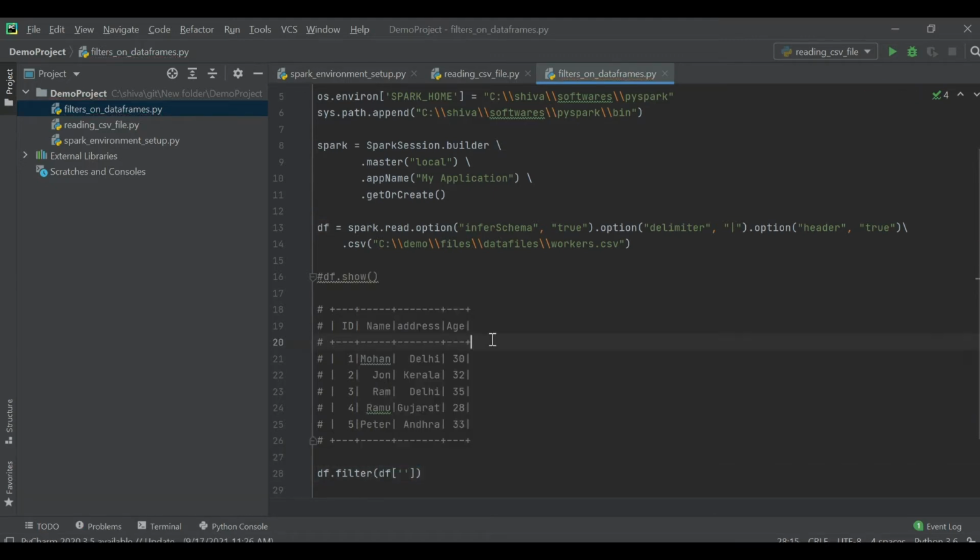I want to first filter where the address is equal to Delhi. I want to get all the members who have been associated with Delhi. Let's run this.